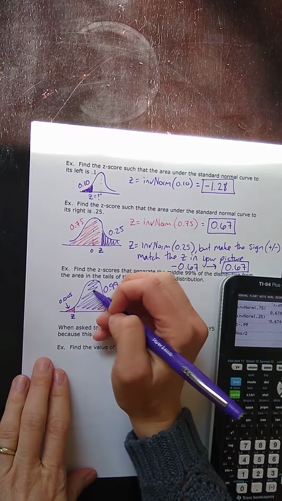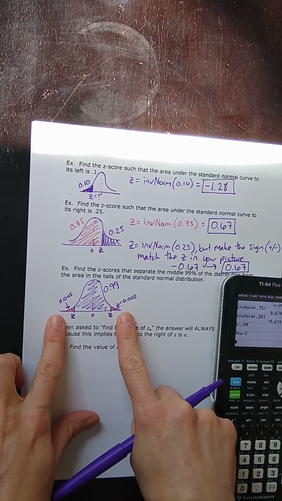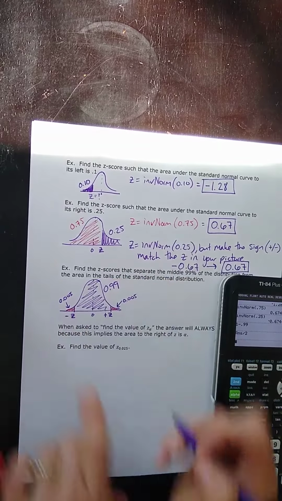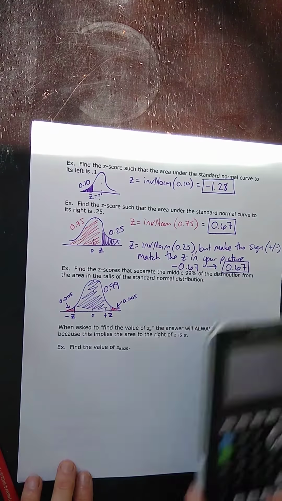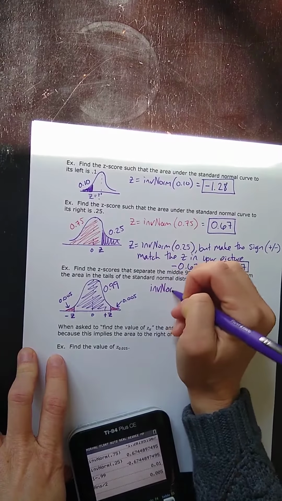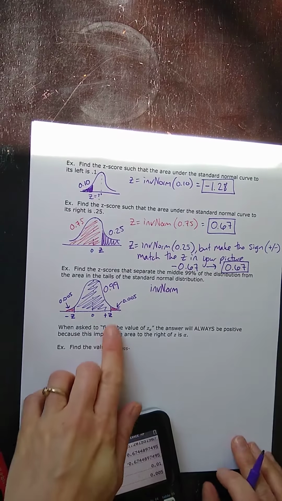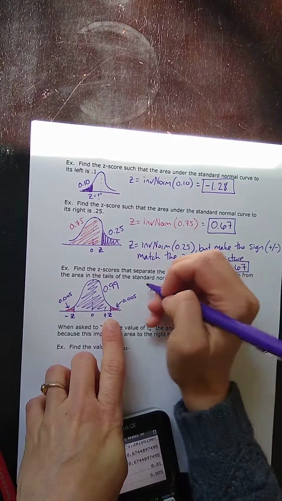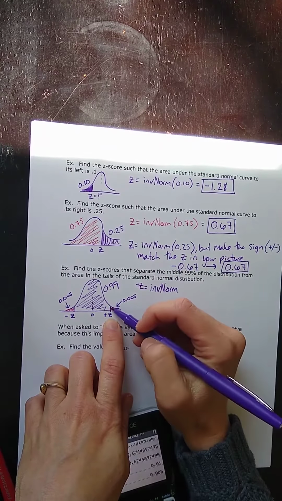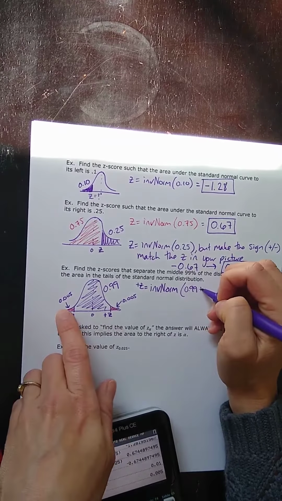So you've got two z's, and because this is the middle 99% and the tails have the same amount, there's a lot of symmetry here. So these z's are the same thing, just this one's positive and that one's negative. So how are we going to use inverse norm? If you just do inverse norm of 0.99, you're not going to get the correct answer. If I look at this z right here, so let's say the positive z, it's going to be inverse norm of all the area to the left of it. So the area to the left of it is the 0.99 plus the